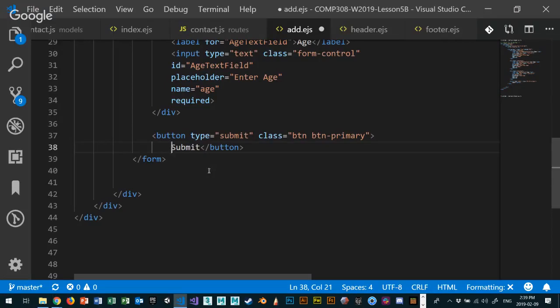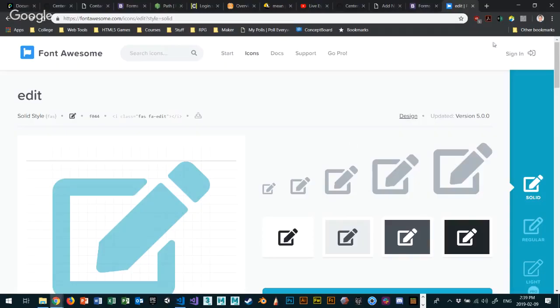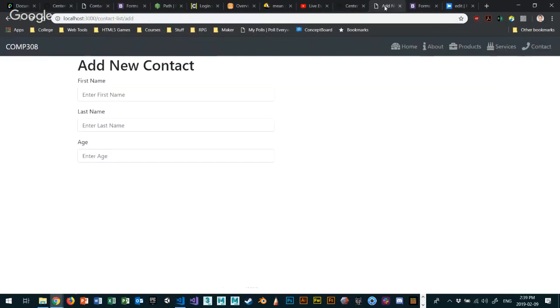And I can just slot that in there as an I tag and give me a little space between the Font Awesome tag and my submit label. And now when I go back here and refresh, you can see I've got that nice submit button, right? This actually works. If I click on this thing, it'll say, hey, fill out the stuff. So I'll say Tom Smith and then 50 and click submit, and it'll give me a 404 page